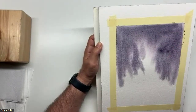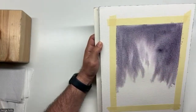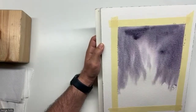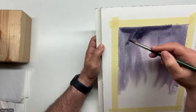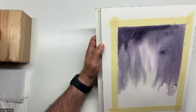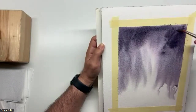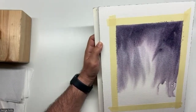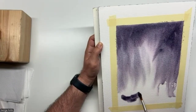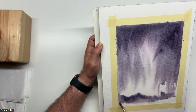I can preserve the lights if I want, like this. I can go darker, always on top. So I can play with the values as well in the painting. And give it some kind of interesting light coming from the back. And then I can decide for some kind of foreground, which when it is dry, I can work on that foreground once again,